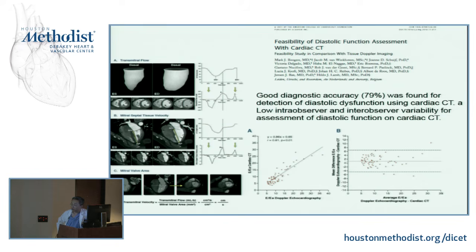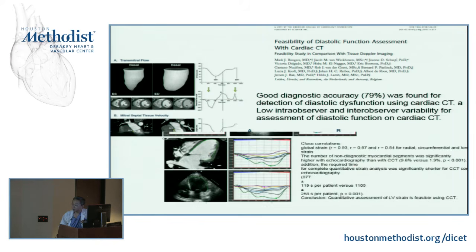And the study has shown that, compared to Doppler, the correlation was reasonable. So that was an interesting concept. Not necessarily something we would do routinely, but just to stimulate the things that we could potentially do with the CT data set. Just briefly, some people are working very